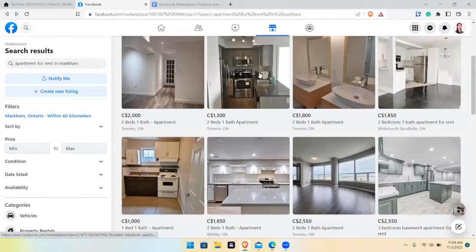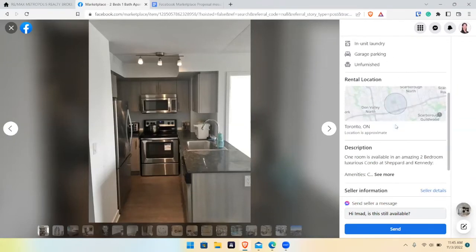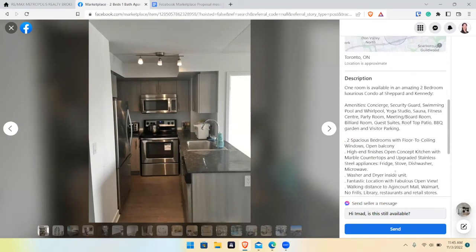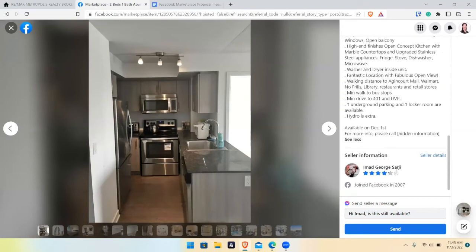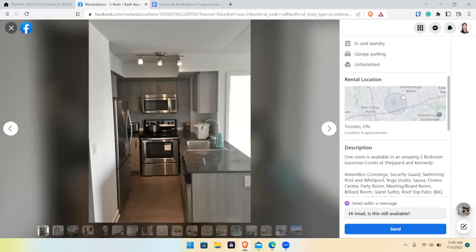Okay. So now let's click exit on the top left. Let's go to the second one. But we have to change the neighborhood. So we did the first one a little wrong because we didn't change the message. So what you want to do here, this guy is in Don Valley North. So what is that? Scarborough? I believe that's Scarborough, right? So instead of change the seller message to bottom,